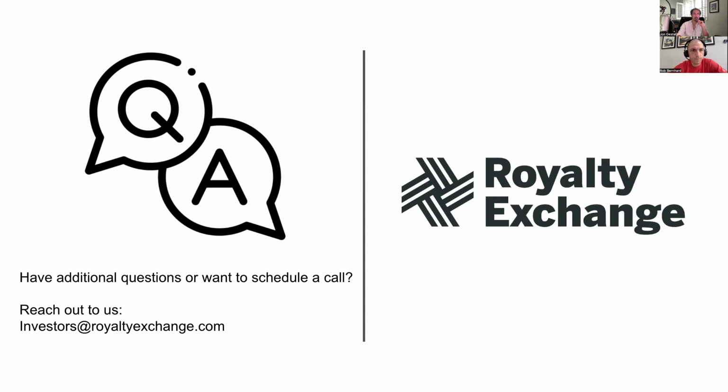Next question here. Some of the royalties have missing income data. How can we get them? Okay, so no listings on Royalty Exchange have incomplete data. That's a hard line we have. And if ever you notice that something is incomplete or you feel is incomplete, let us know right away. Generally, if something has an update or has incomplete data, it gets removed from the site. It's super, super important that we're presenting this stuff as accurately as is possible, which means all the information that's available. Otherwise, it's a misrepresentation of the asset, and that's a huge problem and something we don't allow. So yeah, always let us know.